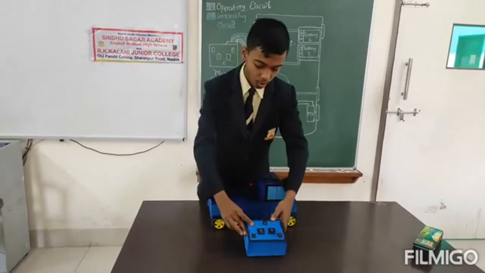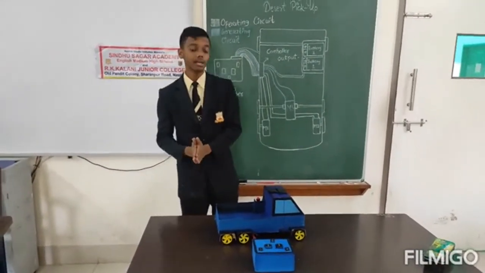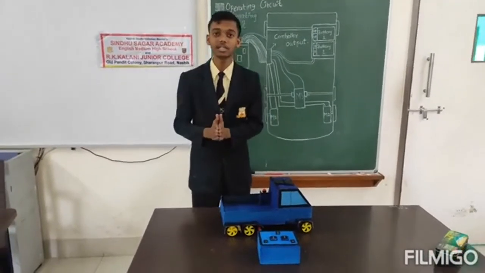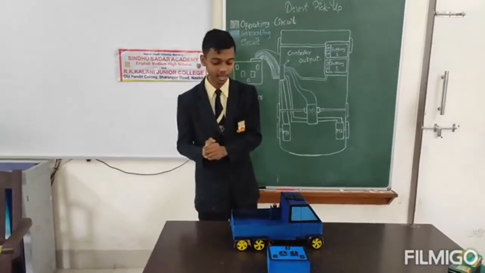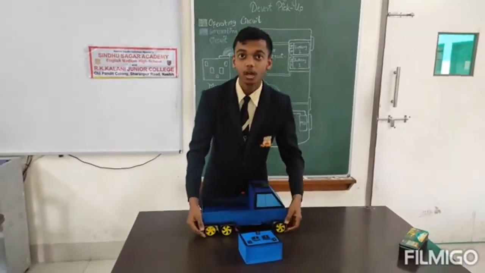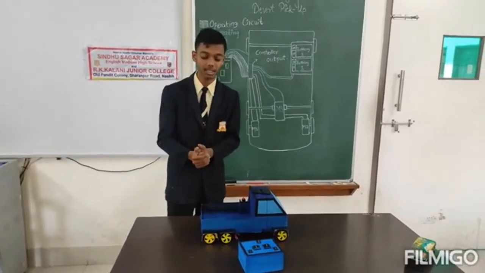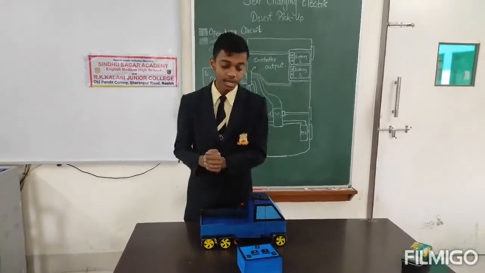So what are the benefits of this project? It is very efficient, and if it is fully charged, it can go up to 600 kilometers in the desert. And you can see we have used very different types of tires in this project. What is the use of these tires? They can survive up to 60 degrees Celsius heat in the desert.